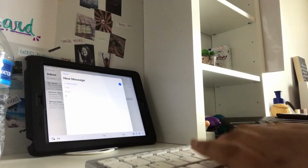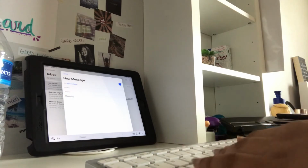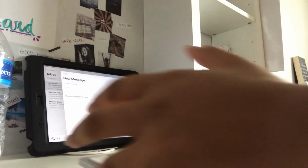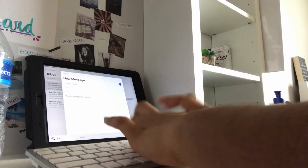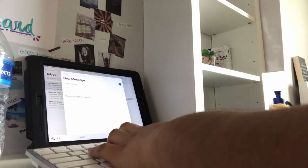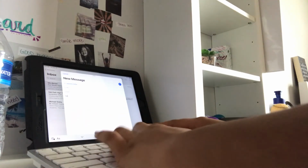The next tip is to make sure you're asking questions. Now that we are at our homes, we cannot physically ask questions, like we're not physically there. So we're not asking our boss or our teacher questions. So make sure you're just asking questions so that you're not confused. This is just going to help with the process, making sure that you're